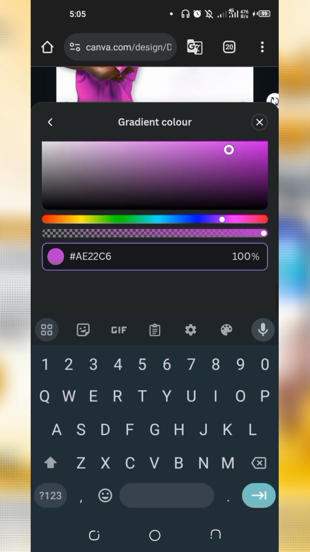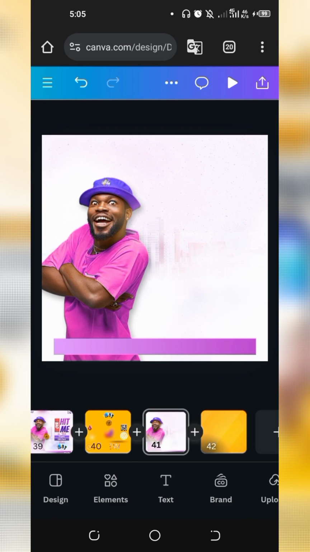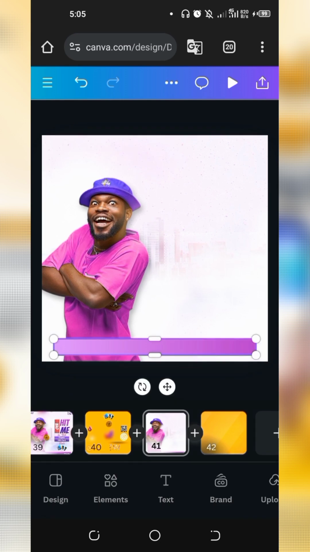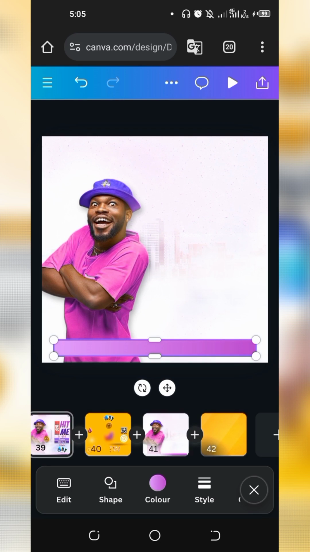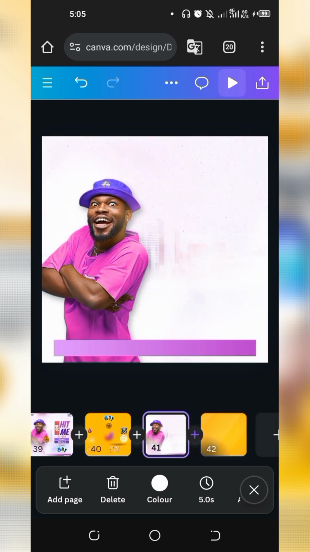Now watch what happens. Click outside of the box. You see now it has gotten what we actually need. Okay, but this is not complete, because if you watch here now, you will see also that there's a line on top of it. So in order to achieve that line, what you have to do is click on this,